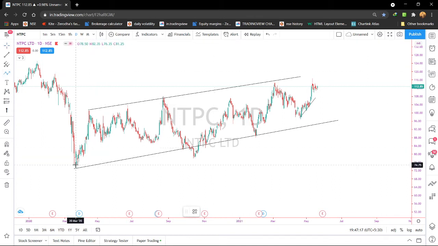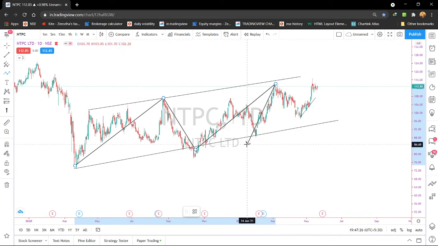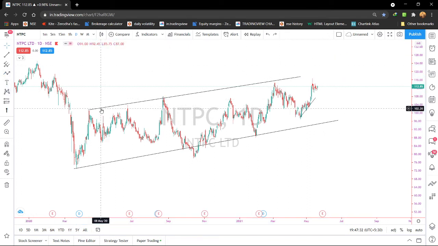See here, you can see it is making higher high, higher low, again higher high, higher low, or this one higher low. Again, it will make higher high. So the stock is in uptrend. Okay. What we have to do now is find, using the 50 moving average, whether the moving average is above the price or below the price. Okay, in a 1 hour time frame,